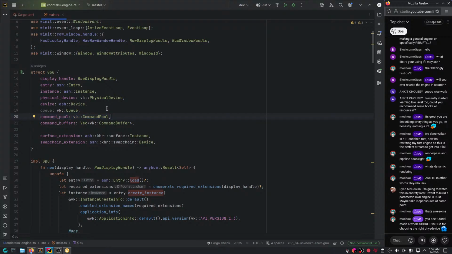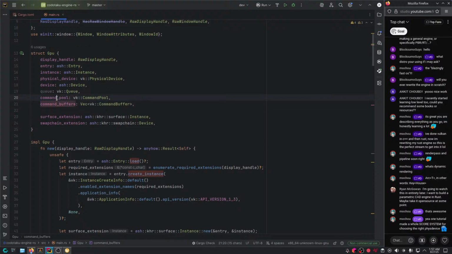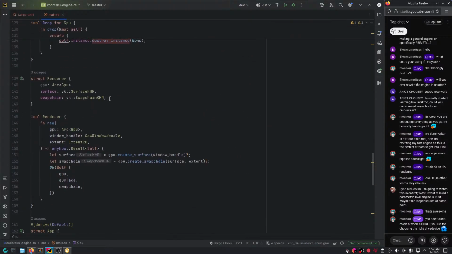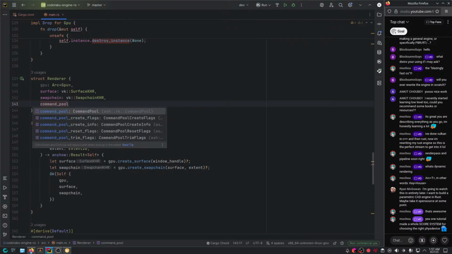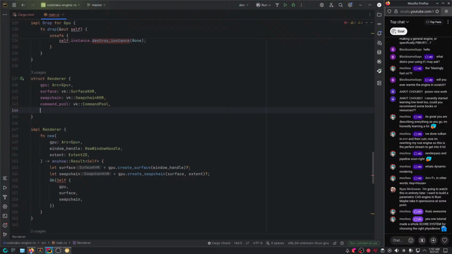Either way, the point is that this command pool is not thread safe, which means every thread should have its own command pool. Here I have a command pool and command buffers, but I'm going to use those for global GPU stuff, for example transferring a texture into VRAM, the GPU memory. But every renderer I would like to have its own command pool, so I could run this renderer in its own thread with no problems. Of course, there's some other stuff I have to take care of, but this is a good start. So command pool, command buffers, there we go.